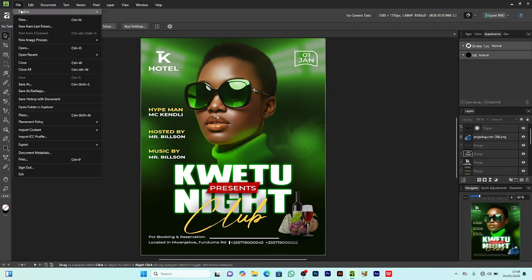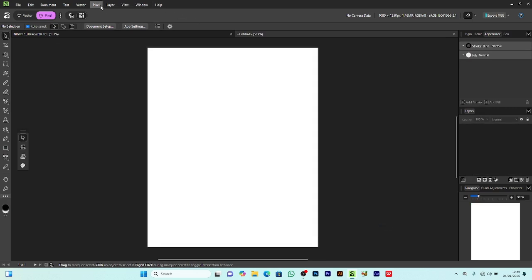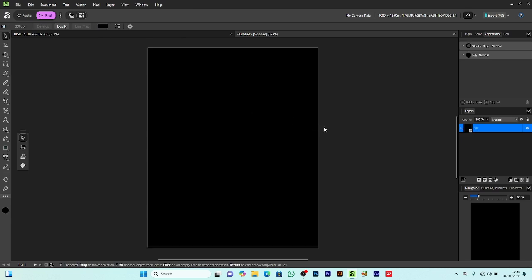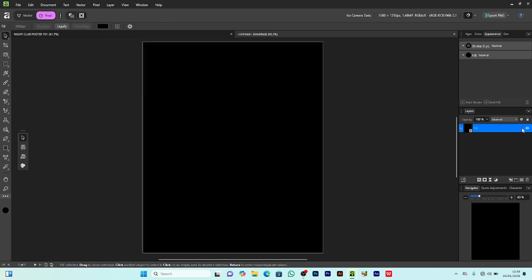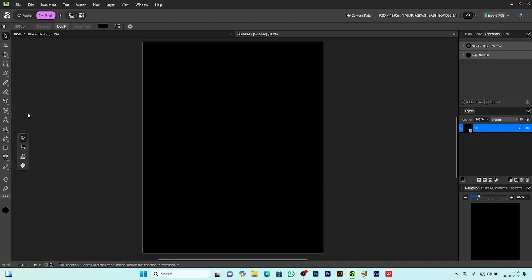Go to File, create a new file using these dimensions. Document unit, use pixels, page width 1080, page height 1350. Create, and go to pixels, create a new fill layer, choose black color depending on your choice, but myself I am going to use black color, and go to File, place an image,